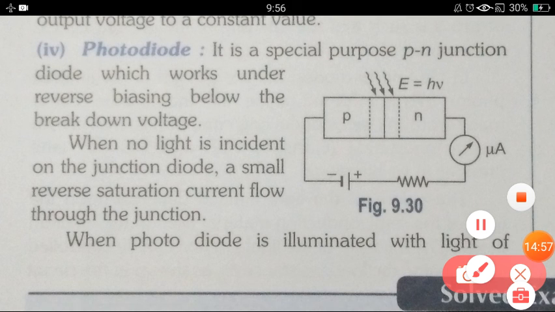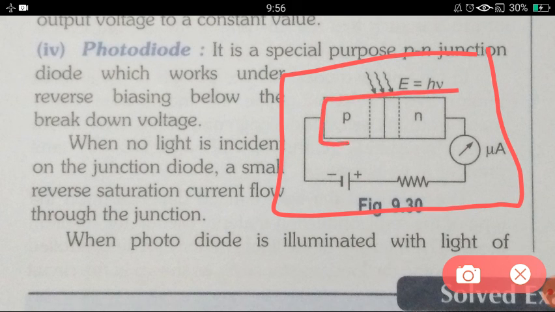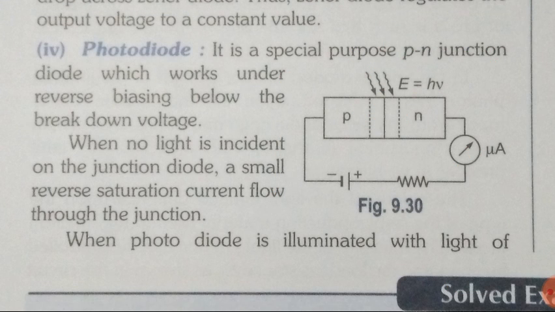So suppose we are having this circuit in which we are having a PN junction diode. When no light is coming, current will flow. But when the light falls on the PN junction, it senses the light and stops the flow of current. Here something different is there. In the absence of light, the current will flow in the circuit, but when it is exposed to light, the current stops flowing.